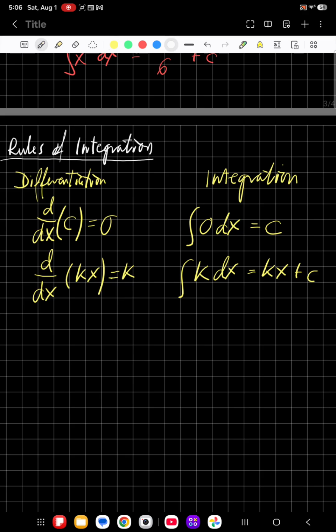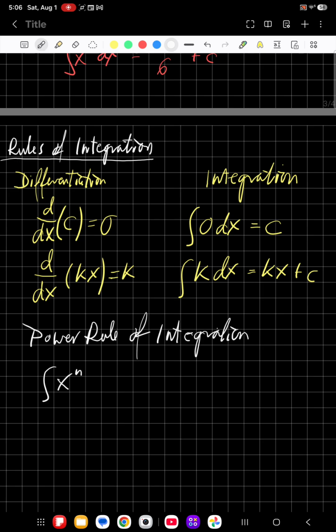For now, let me give you the power rule for integration. Okay, so it goes like this. If I have an integral of x to some power n with respect to dx,